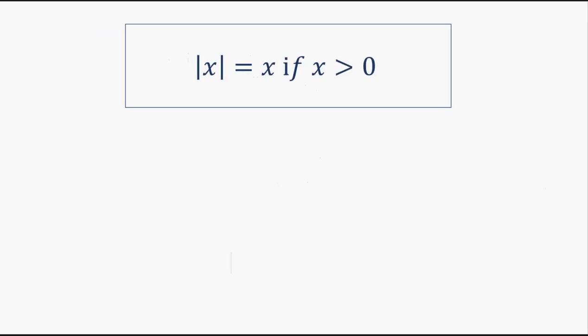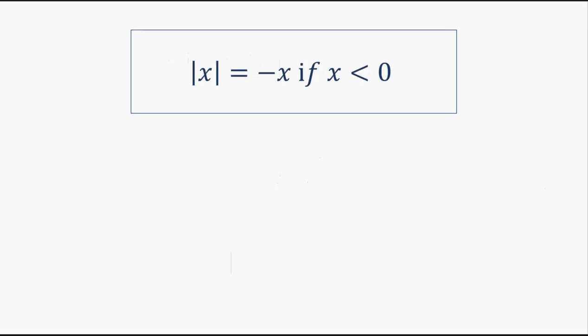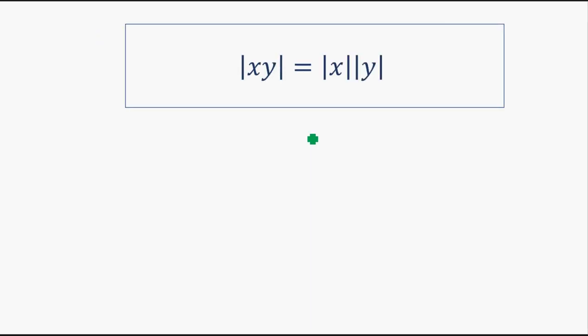So that was about the basic definition of modulus. Okay. Now this is the first property that you have to understand. So modulus of xy, the multiplication of two moduli, will simply be modulus of this and modulus of this. Okay.